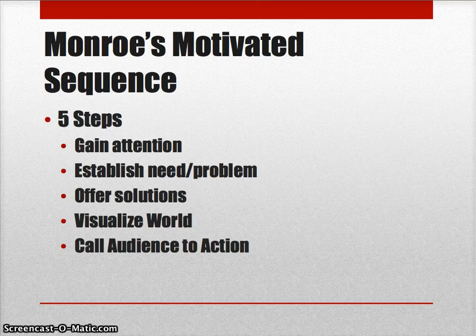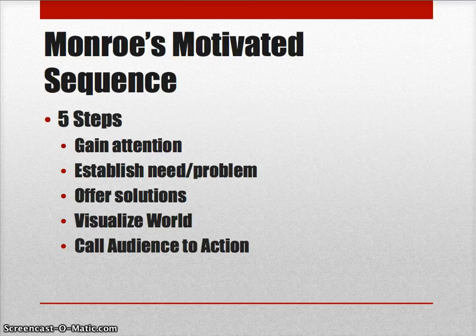The other method that you could use for a persuasive speech pattern is called Monroe's motivated sequence. And Monroe's motivated sequence is a little bit different than problem-solution. In problem-solution, you have a pretty clear-cut, cookie-cutter idea of what you're going to need to accomplish with your speech. You need to figure out those 4 things and then basically just plop them into those points for your speech. With Monroe's motivated sequence, it's a lot more free. You have a lot more freedom to be able to persuade your audience in a different way.